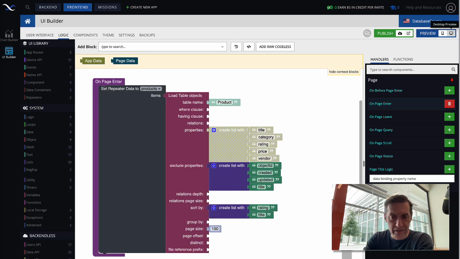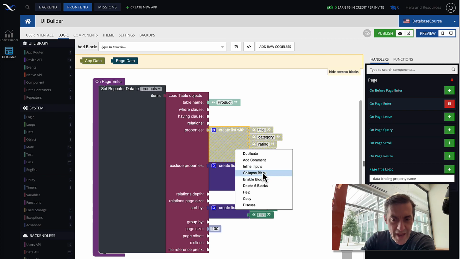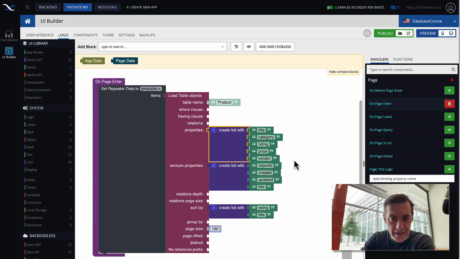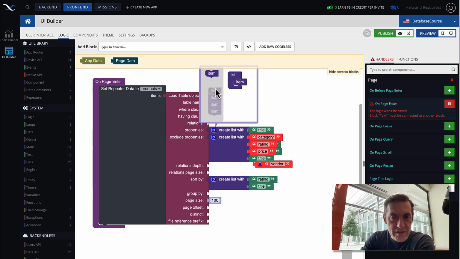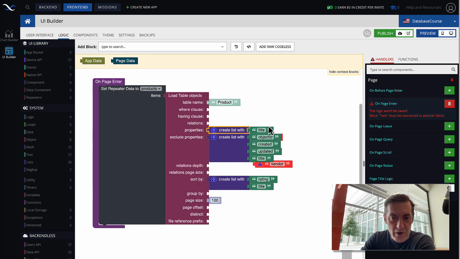Very easy to understand. These two properties, properties and exclude properties, just cancel each other. What happens if you specify a property in the property list and the same property in the exclude properties? I'm not sure. Let's give it a try and see what happens. So here in the enabled block, let's just simplify them so we can see how that would work.